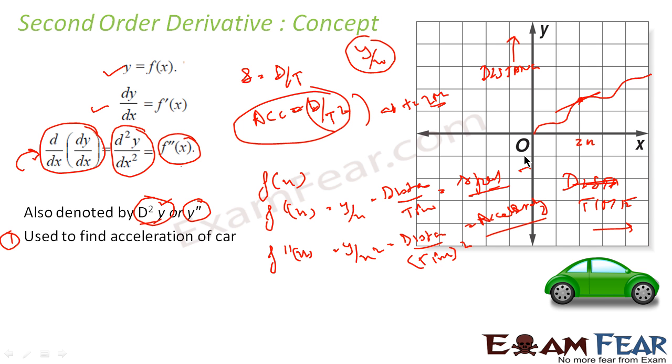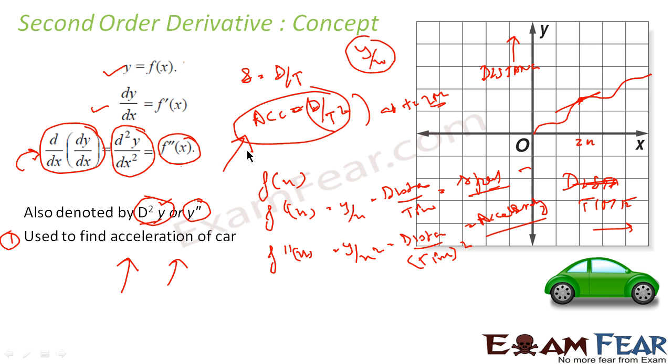We also use it in the world of physics, where you want to find the rate at which a nuclear reaction is accelerating or increasing, or a chemical reaction, the rate at which it's growing, or population growth. The rate at which it is growing, the acceleration of the growth of population, those kinds of things, you have to use